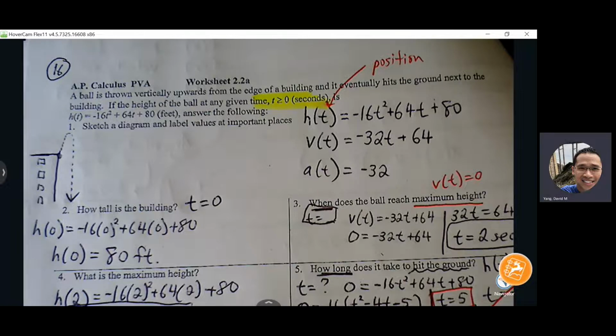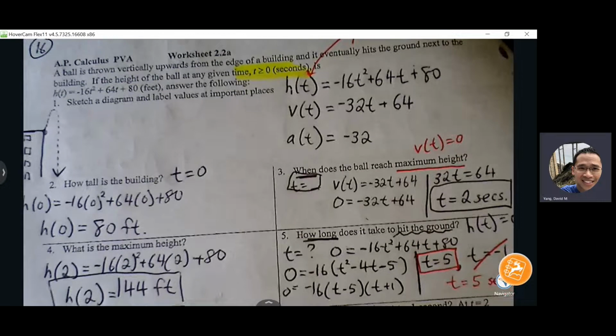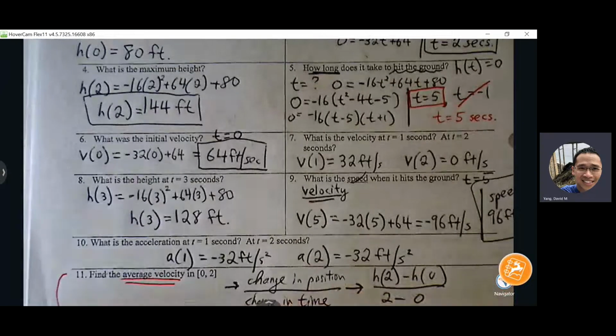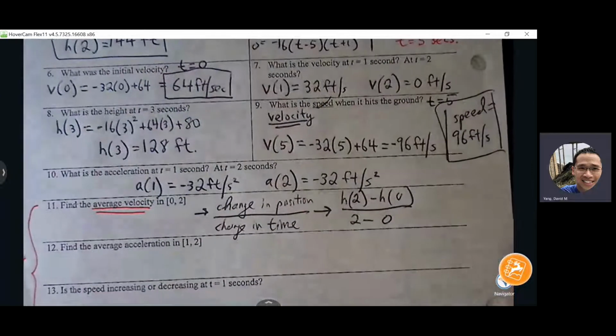Okay, so we talked about how PVA is just position, velocity, acceleration, and the relationship between those three functions is that they are derivatives of each other, right? Velocity is the derivative of position, and acceleration is the derivative of velocity. The easy part is the calculus here. You just use the power rule to get the derivatives, and then in the rest of the problems you're just pulling information from these three functions. Okay, so I think we left off on number 11,